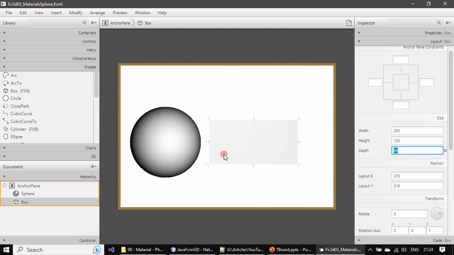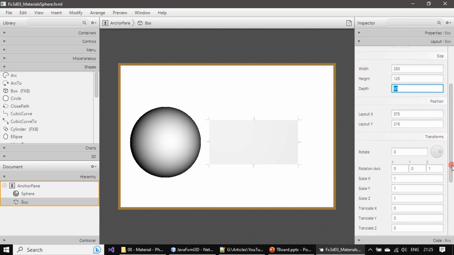So we will rotate this 3D box so that we can see all three faces. At present you are seeing only one face. In one of our previous videos we saw how to set the rotation and translation at runtime. Now we will set the rotation here in the Scene Builder itself, so that when the box is loaded, at that time itself it will be in the